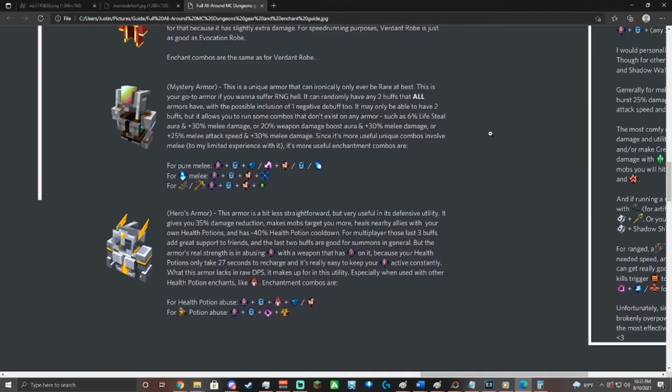But yeah, it may only be able to have just 2 buffs, just like Spider Armor, but this does allow you to run some combinations that do not exist on any pre-existing armor already, such as, say, you can have 6% Lifesteal Aura and 30% more melee damage, or you can have 20% more weapon damage boost aura and 30% more melee damage for, like, Fighter's Bindings, per se,